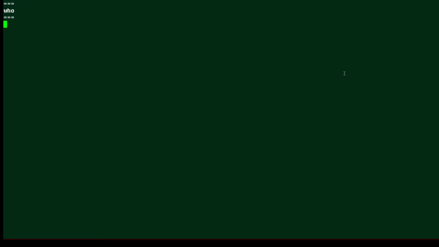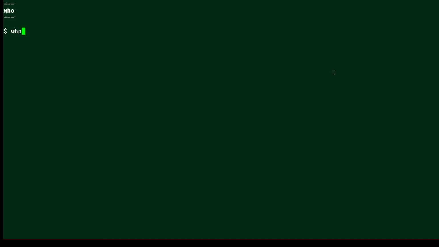In this Linux tip, we take a look at the who command. It's a command that just tells you who's logged into the system. If you're working on a Linux server, you might see that there are a number of people logged in at the same time. The who command will also tell you where the users are logged in from and when they logged in. So here's an example.